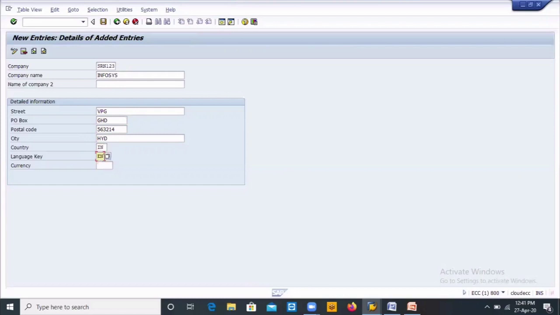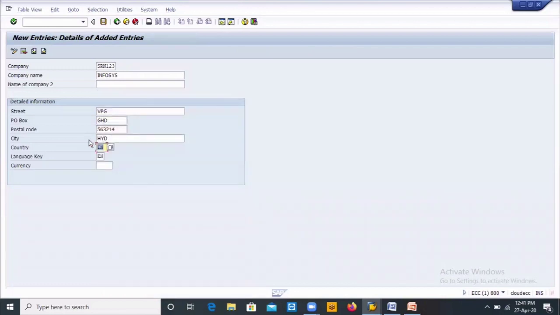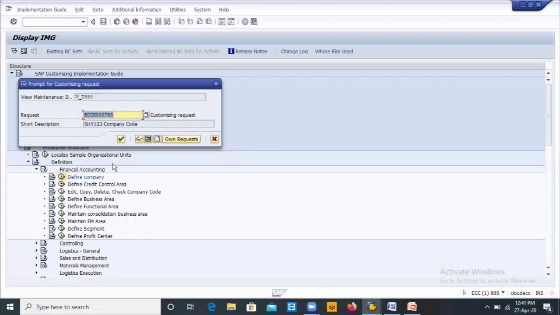Language key is English. Here you can click on the space bar and the existing values will come. Otherwise you can click the F4 button to get the details, like country details, so you can select whichever you want. The currency is INR, Indian rupee, and save it.